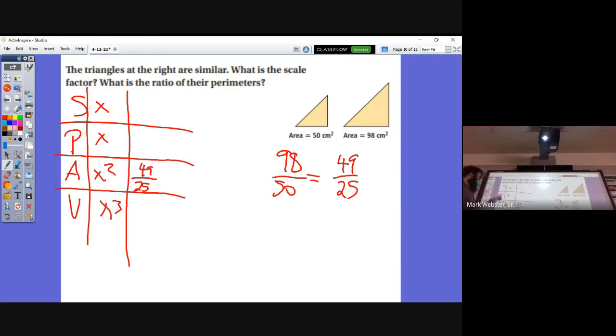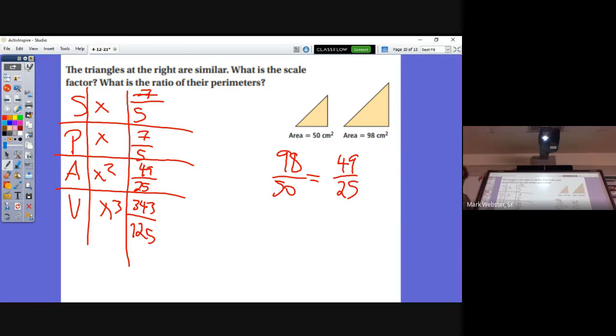Now, if I want to find the rest of these, well, look, I've got x squared, but I want x. So now instead of squaring, I'm going to square root it. Go the other way, right? So again, square root the top, square root the bottom. Square root of 49 is 7. Square root of 25 is 5, and then if we were to cube root all that, 343 over 125, right? Anyway,